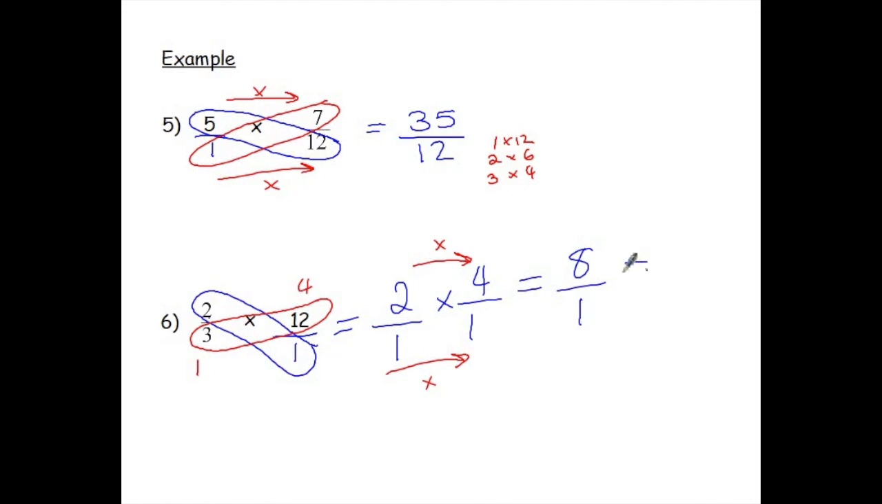Now, we can't simplify that. However, just like we did here with the 12, we could write it as 12 over 1. We can also do the reverse. So 8 over 1 is the same as 8 by itself. So 2/3 times 12 is equal to